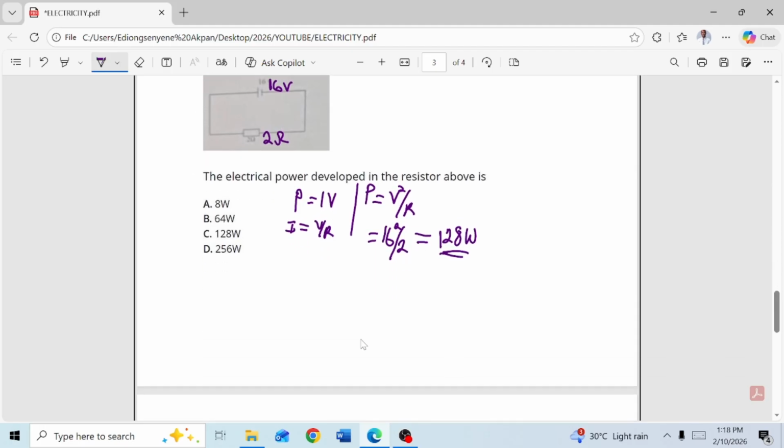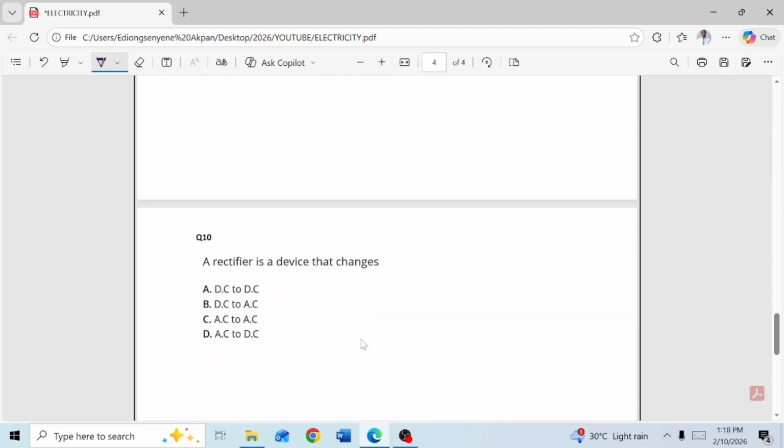The next question. A rectifier is a device that changes dash to dash. In the first place, what is a rectifier? A rectifier is a special semiconductor. We call it a diode. A diode allows current to flow in one direction, called forward biasing. In reverse, it doesn't allow, so we call it reverse biasing. So it is a rectifier that changes alternating current